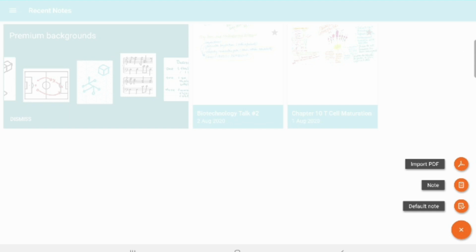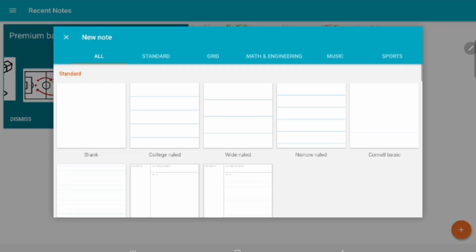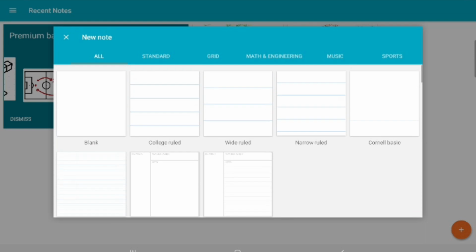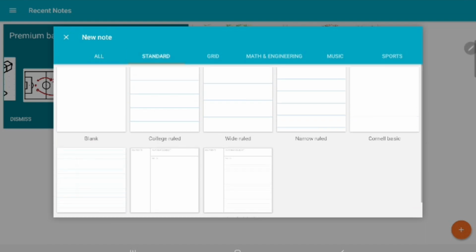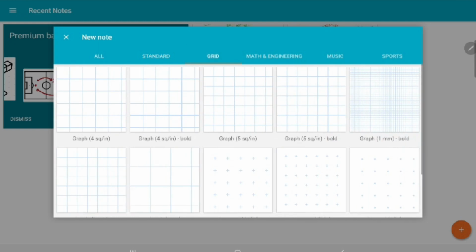Now, if I have to create a new note, in the free version you will only get 2 or 3 options, but since I have purchased this, I'm getting various options. Standard options are college ruled, wide ruled, narrow ruled. If I go to grid, then these are the options.